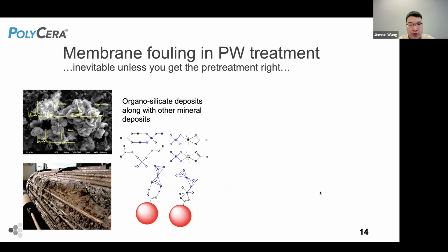The biggest problem for using membrane for produced water treatment is membrane fouling. And the conventional wisdom is that membrane fouling is inevitable unless you get the pretreatment right. Especially in produced water, there are a lot of organosilicate deposits and other mineral deposits, and also oil and solids. They form what we call oil mud, attached to the surface. It's going to really